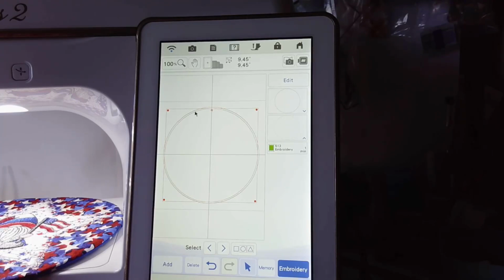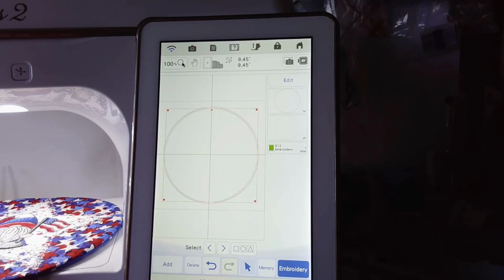Now, if you're on Stellaire or Destiny, all you need to do is make this small enough to where it is smaller than the red line. So if you have a 9, you might make it 8.75. Okay, just go a quarter at a time when you're changing the size. So just as long as this green line,